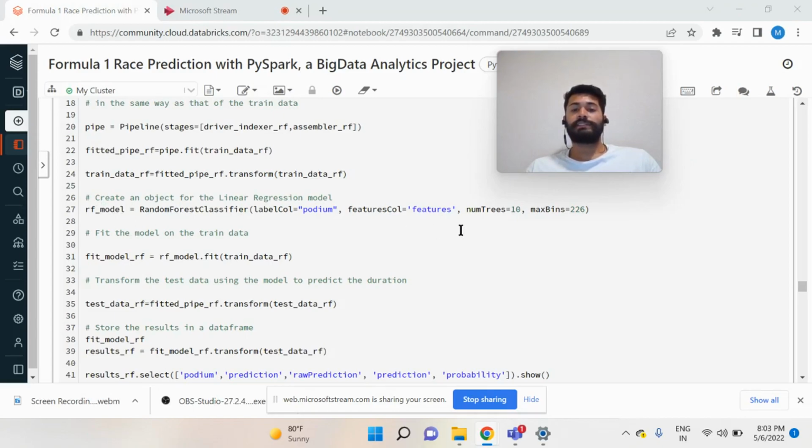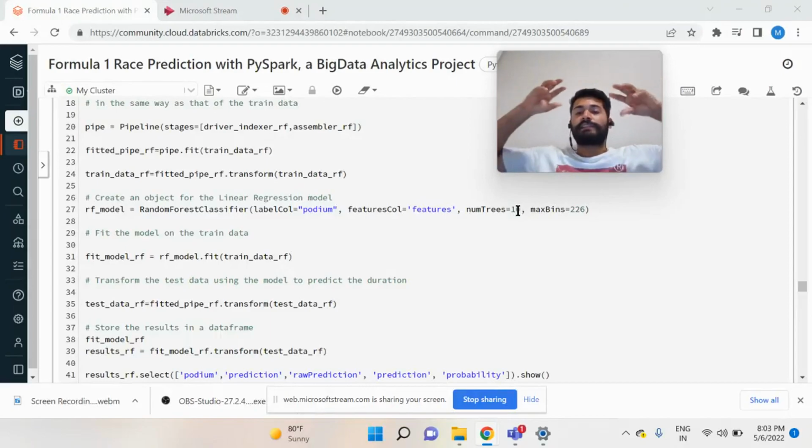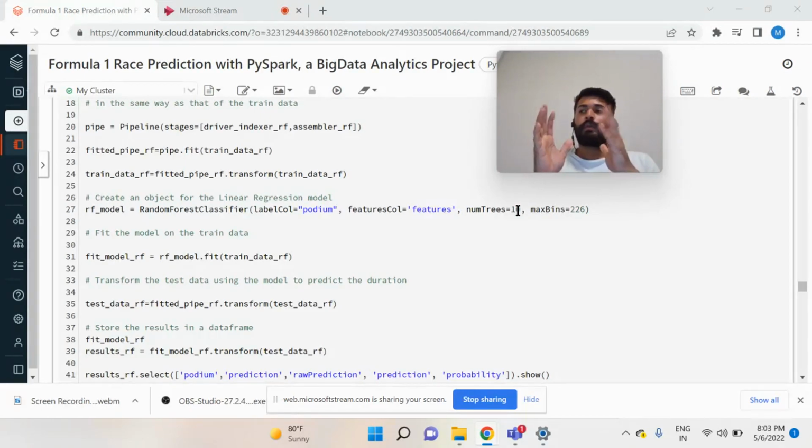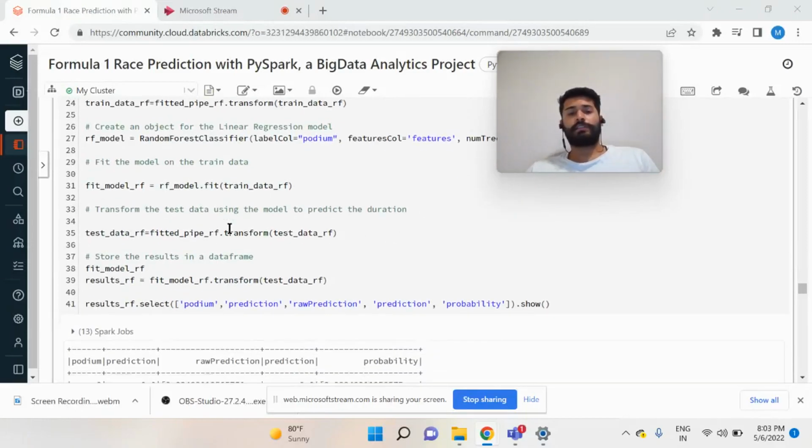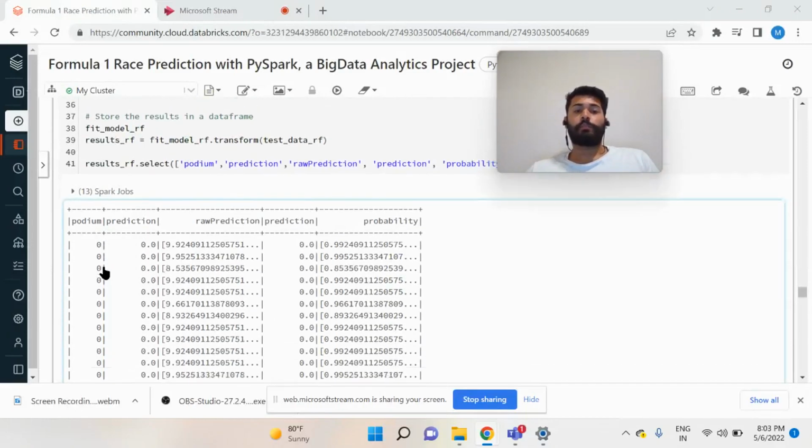What it does is it takes features that are explained in the above steps, and the number of trees is 10. So imagine 10 different trees with bins, and these trees predict each of the data amongst themselves, and after that we get an aggregated view of the result. It's basically taking all of the results and doing a voting classifier, or we can use any algorithm other than that as well. For this also we got predictions on podium finish.